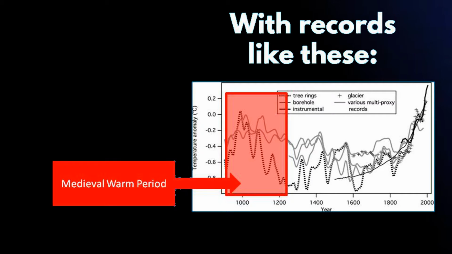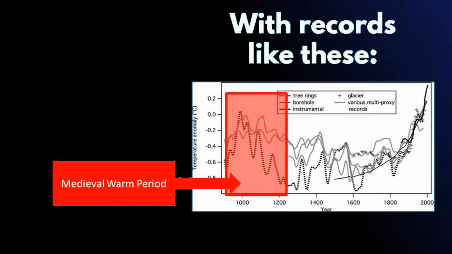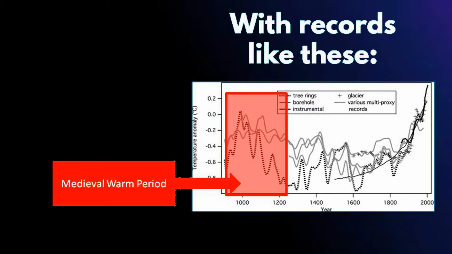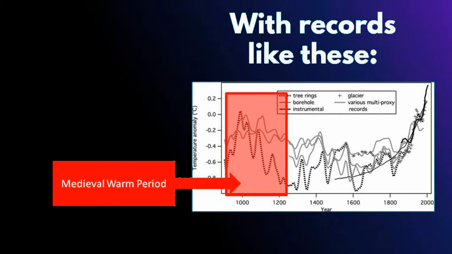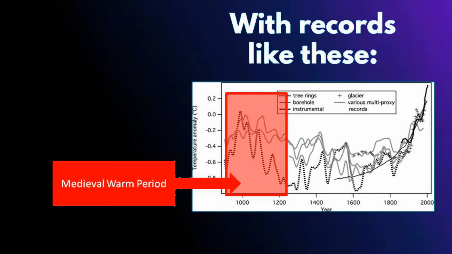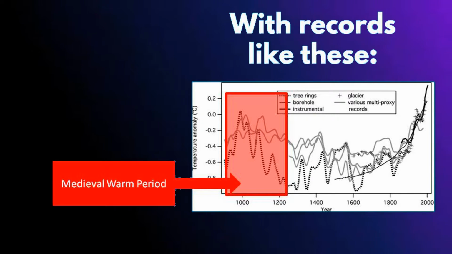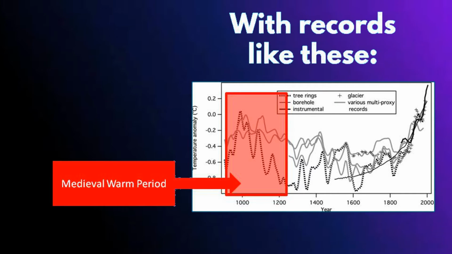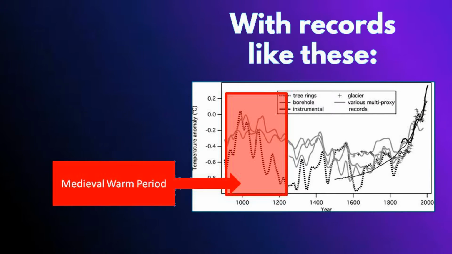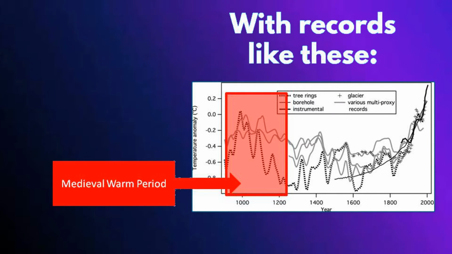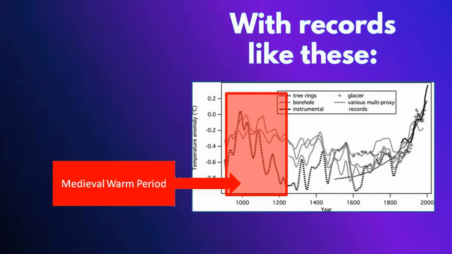Now, the medieval warm period is a period that was centered roughly around 1000 AD or something like that. And particularly in Europe, they had a fairly warm climate. Not quite as warm as the present climate, but compared to most of human history, a pretty darn warm climate, especially in Europe. It wasn't really quite as global as some climate anomalies, but it was definitely very favorable for medieval culture. I mean, people in medieval times lived a pretty primitive life, and fortunately the winters weren't that bad in Europe and so on at that time.